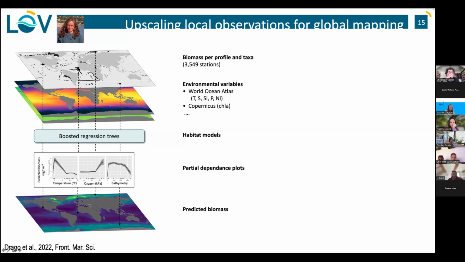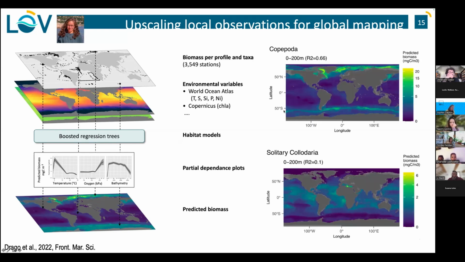So Laetitia that led that study, she took all the different observations of rhizarian that we had and other imaging, copepods. She built a habitat model, so it's some sort of a species distribution model, using boosted regression tree, and tried to explain the pattern of the distribution of the different species. And what she found is a similar pattern. Obviously, it's based on the same kind of data, with basically a large, significant abundance of here just solitary collodarians in mid-latitude compared to copepod.